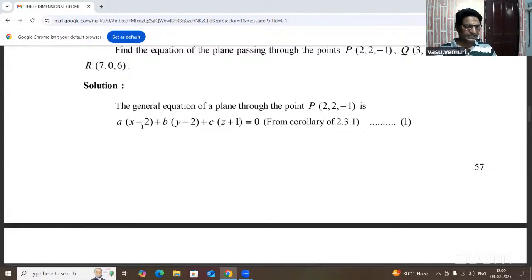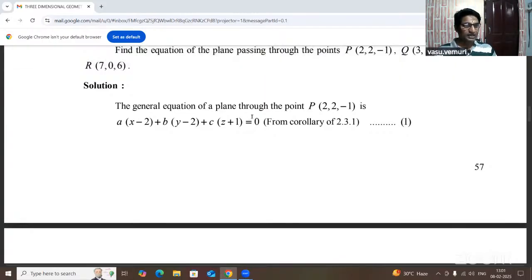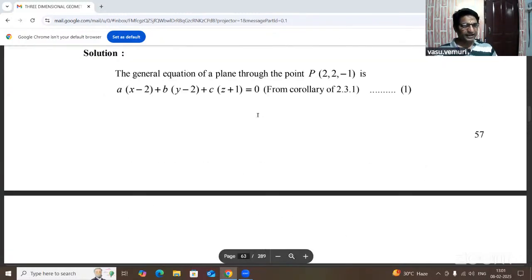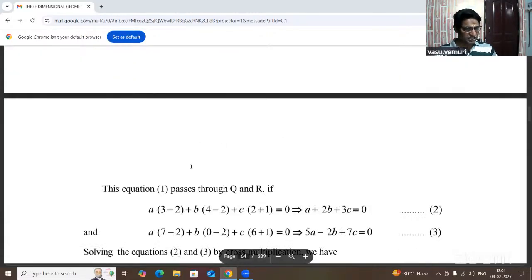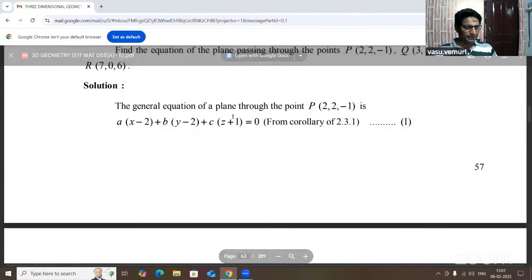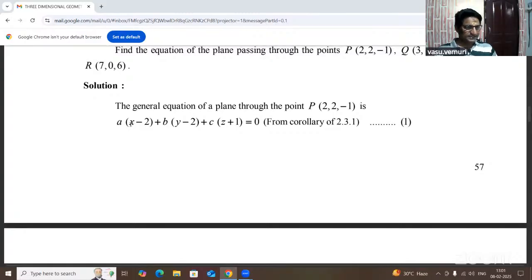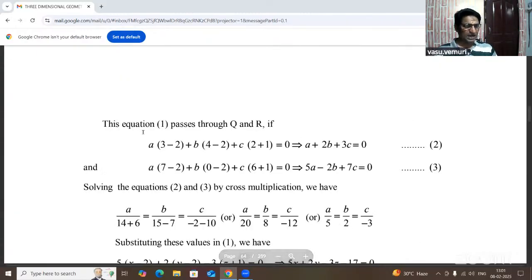First of all, you have to write the expression given, and these 3 points are substituted. The first point is substituted in the general expression a of x minus x1, b of y minus y1 plus c of z minus z1 equal to 0. So the first equation passes through Q and R, and according to this equation passing through the remaining 2 points, replacing xyz by the Q point one time, and the next time the R point is also substituted